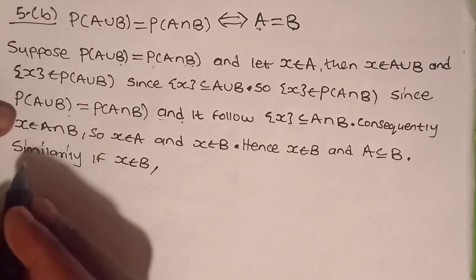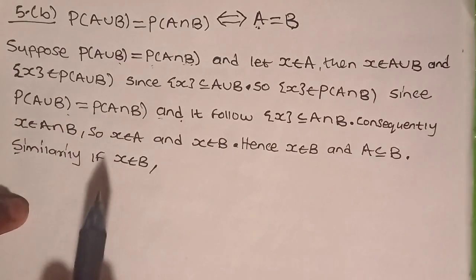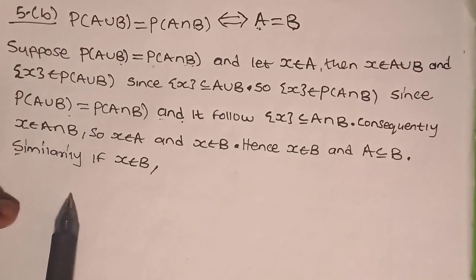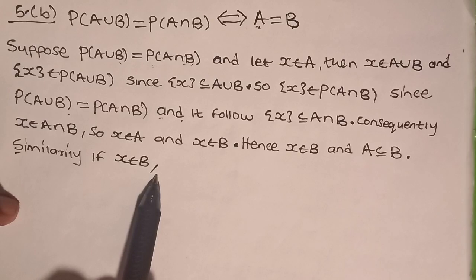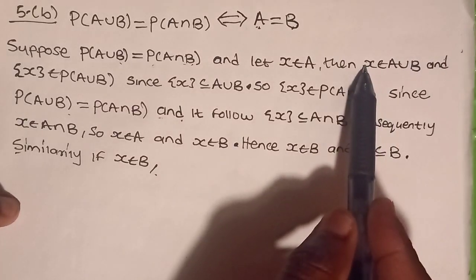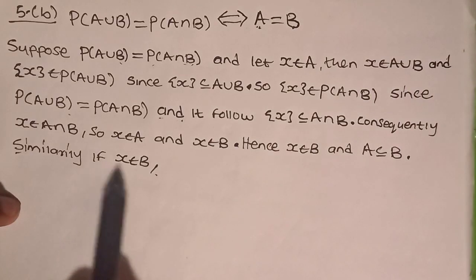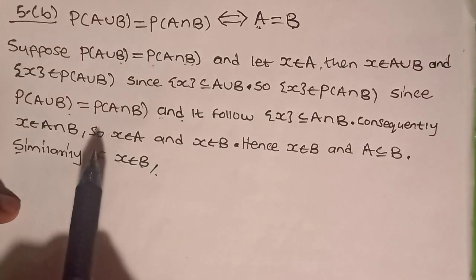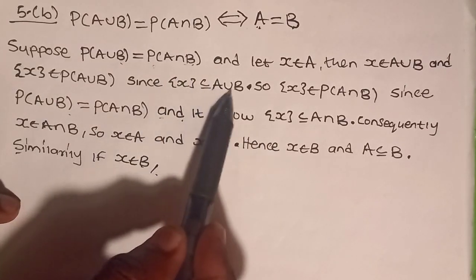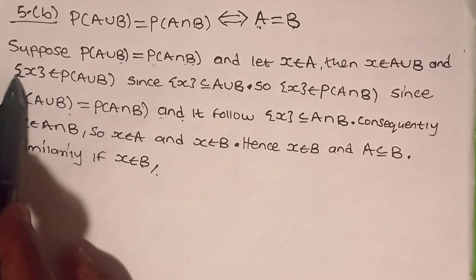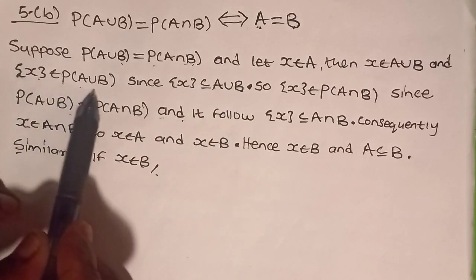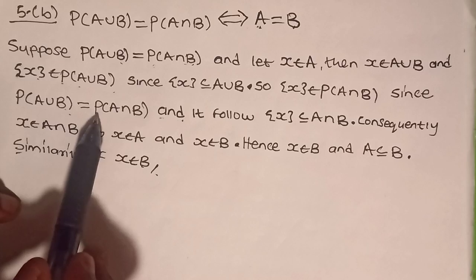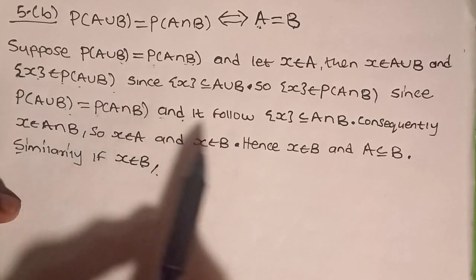So the word similarly means you are going to do it as you did before, just swapping A and B. The only difference is now you are starting with X, an element of B. Then it will go to X, an element of A union B, since X is in B. And it will lead you to singleton X being a subset of A union B, which implies that singleton X is an element of the power set of A union B. And since you know that the power set of A union B is the same as the power set of A intersect B, you'll conclude that